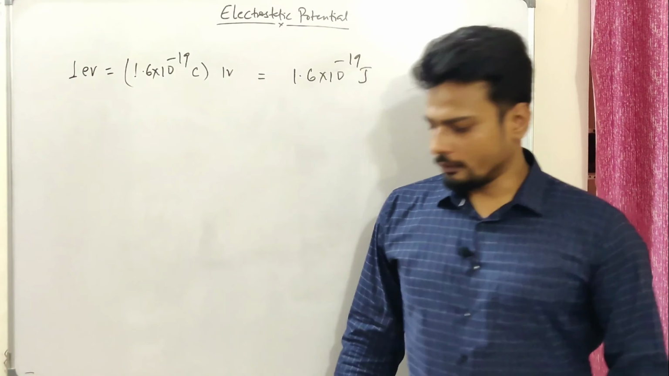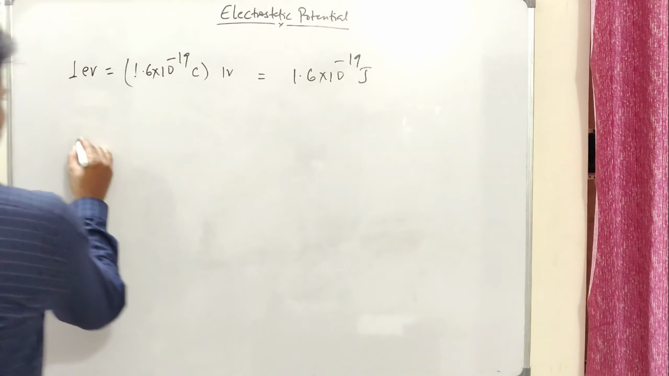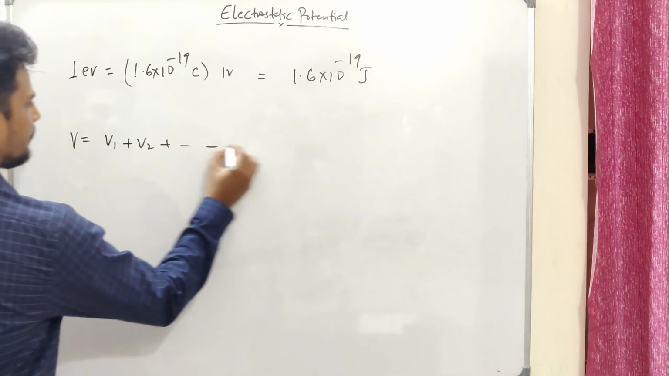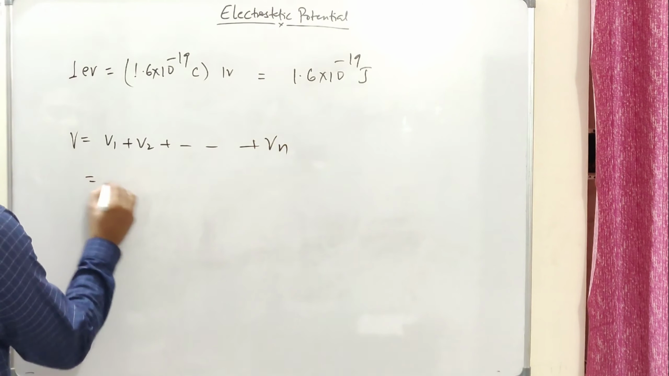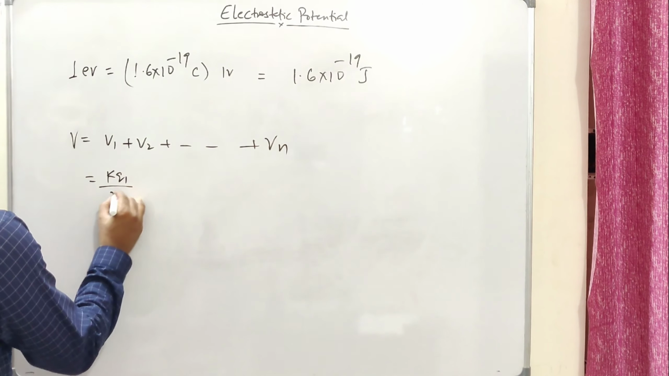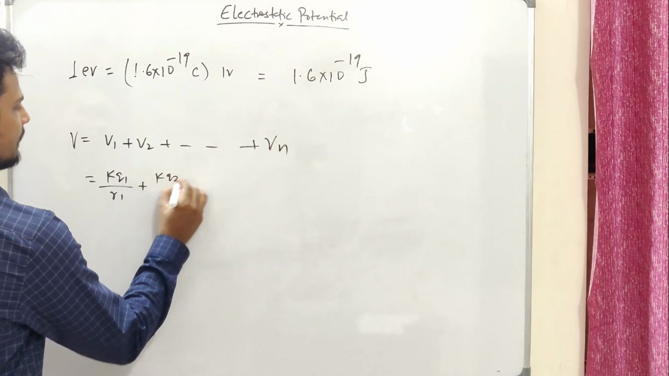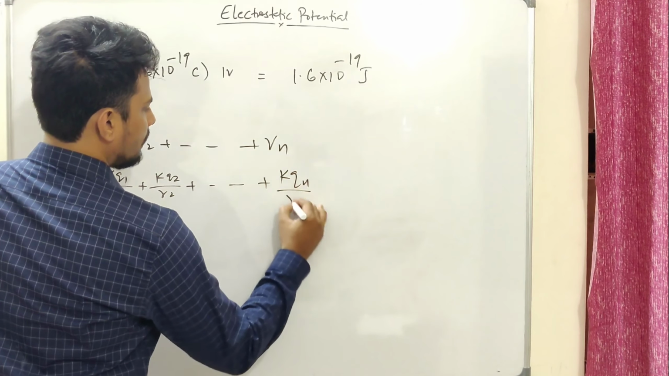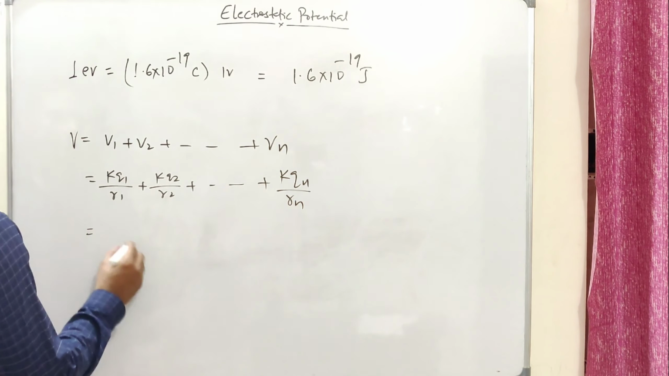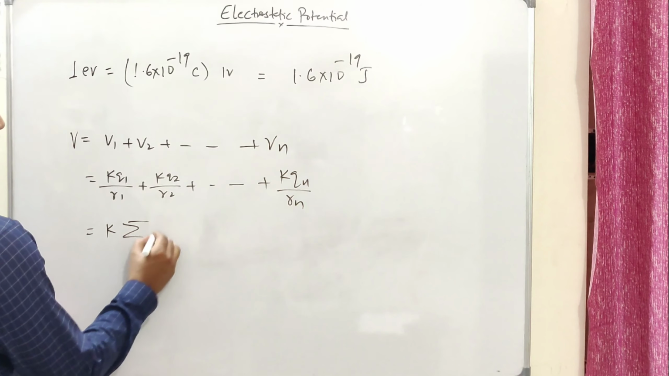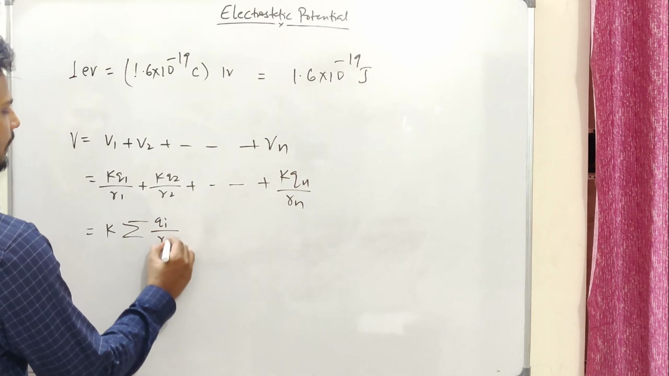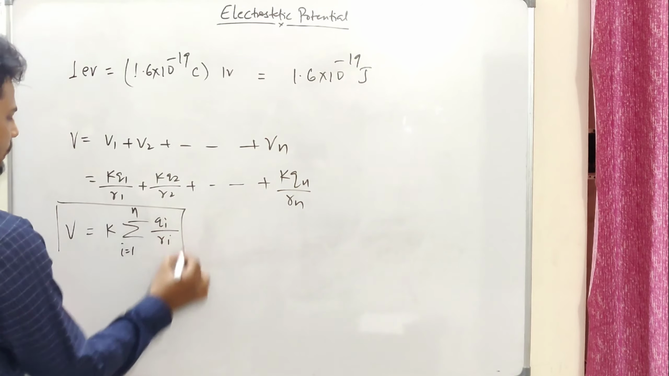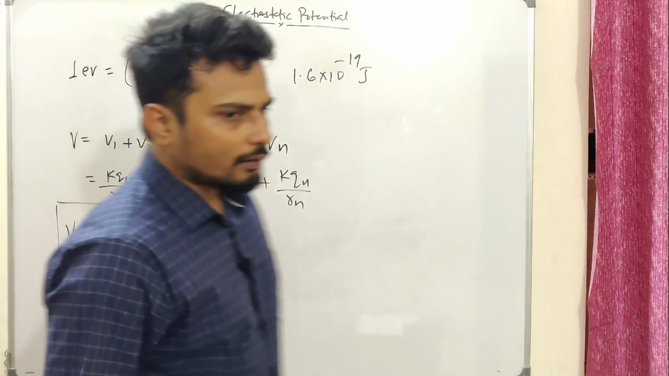Now electrostatic potential is a characteristic of the field, so it should follow the law of superposition. So if I want to find the net potential, this is going to be V1 plus V2 plus Vn. Now V1 could be given as K Q1 over R1, plus K Q2 over R2, and so on, plus K Qn over Rn. I'm going to take out K common, so I can write K sigma of Qi over Ri, where i goes from 1 to n. So this follows scalar addition. All right. Now if we have a continuous charge body,